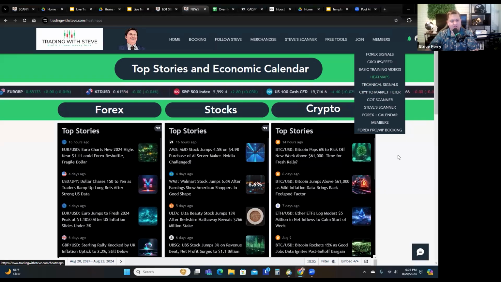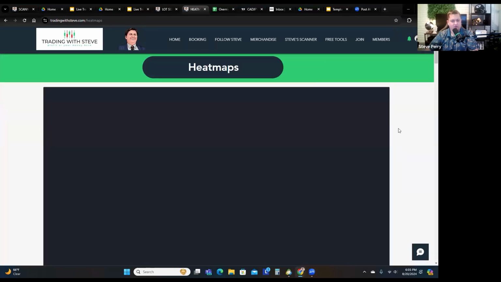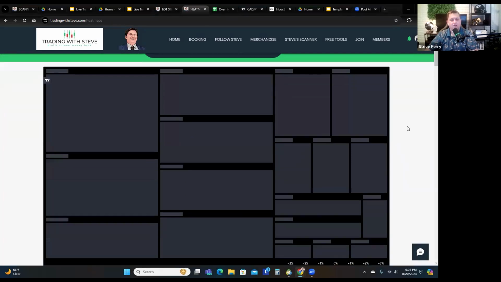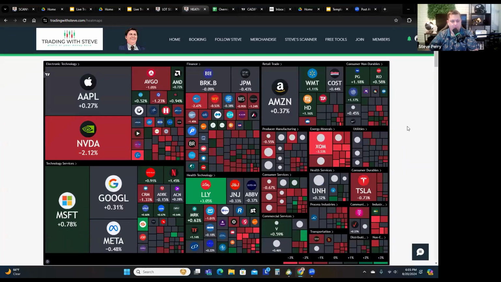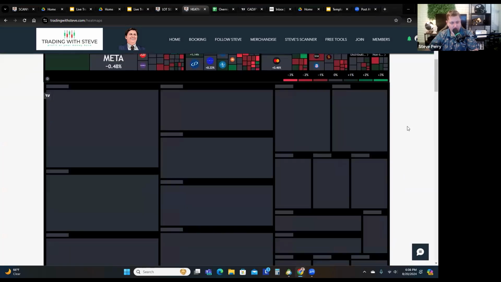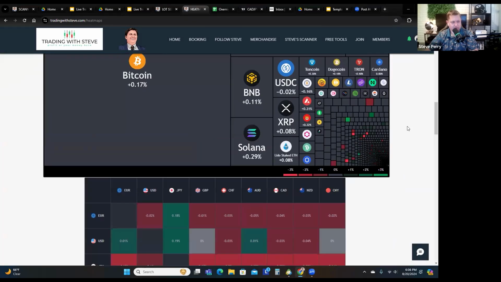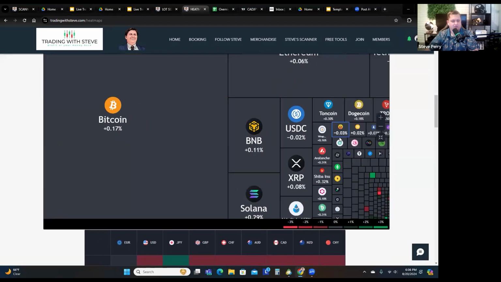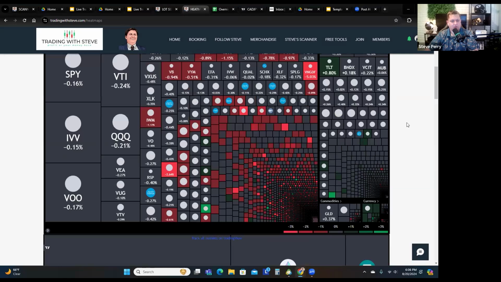But I added this today. This is called heat maps. And so these are heat maps for every market. Stocks, you got heat maps for crypto, we got heat maps for commodities and futures. Here's one for Forex. So basically, what a heat map does is it tells you what the hot